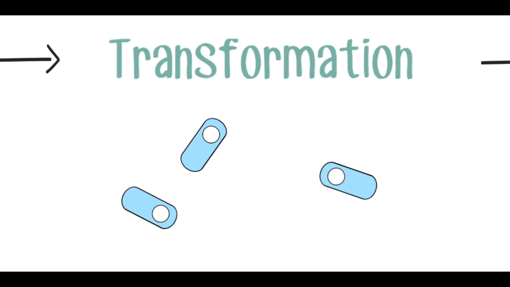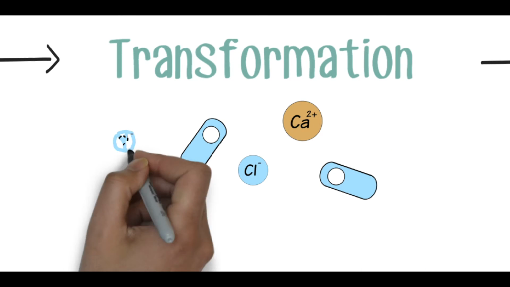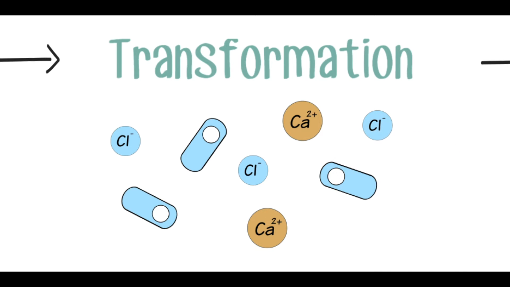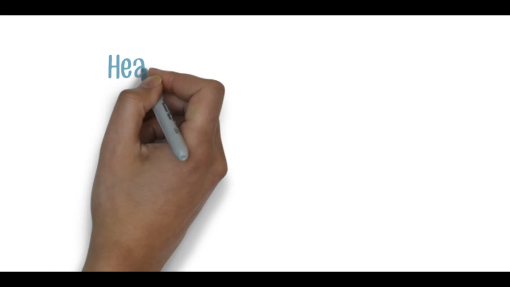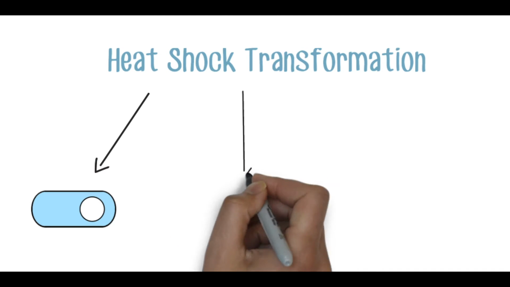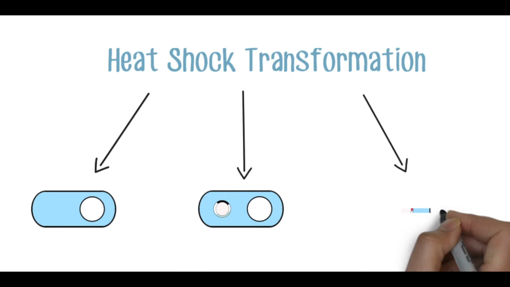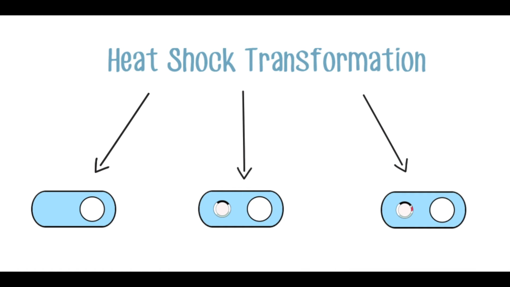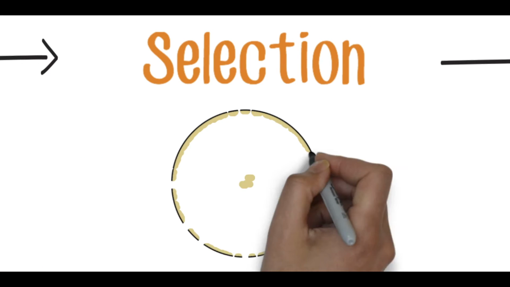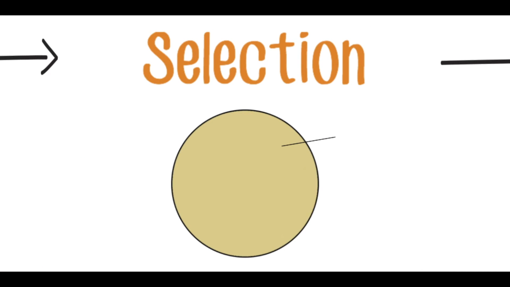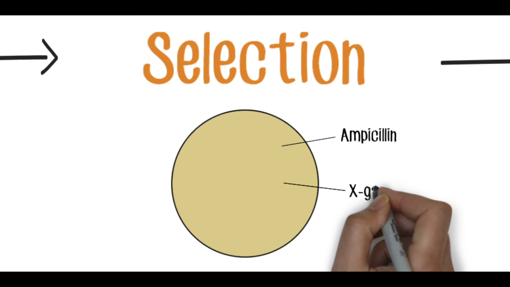During transformation, competent cells are prepared by treating bacterial cells with divalent cation ions. The plasmids are then introduced into the competent bacterial cells through heat shock transformation, resulting in 3 possible outcomes: bacterial cells that did not take up any plasmid, bacterial cells that took up unaltered plasmids, and bacterial cells that took up recombinant plasmid. In selection, the transformed bacterial cells are cultured on agar medium containing ampicillin and agar and incubated